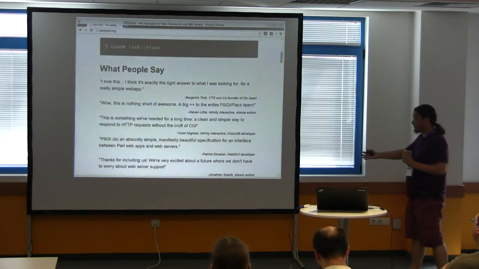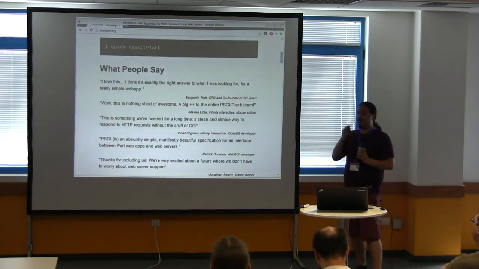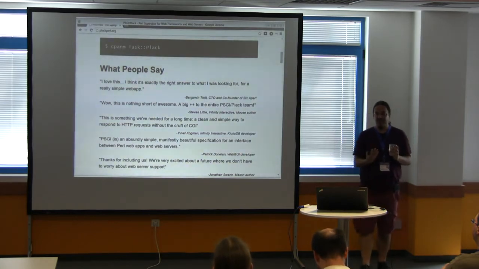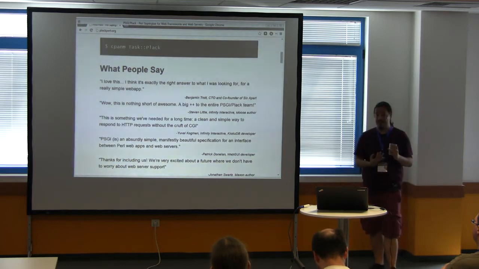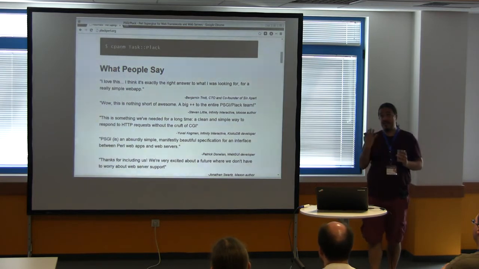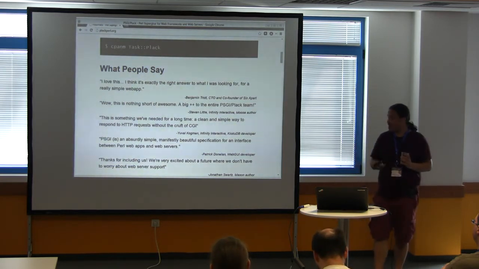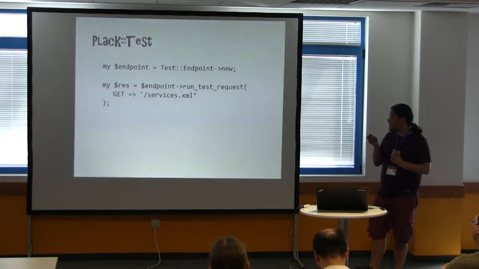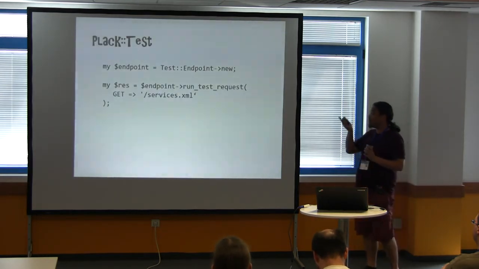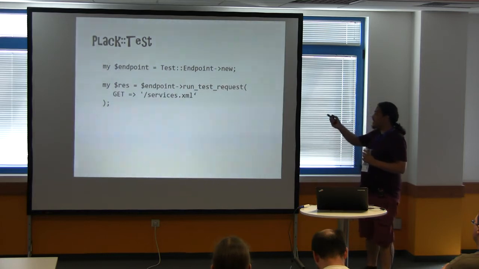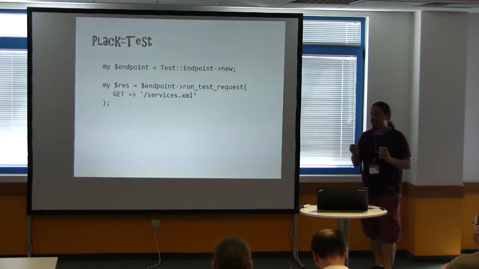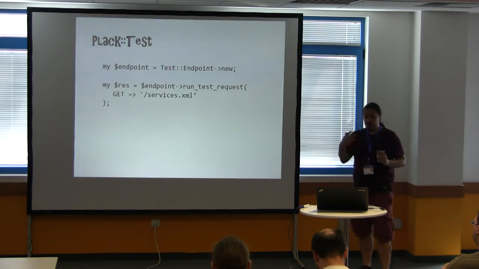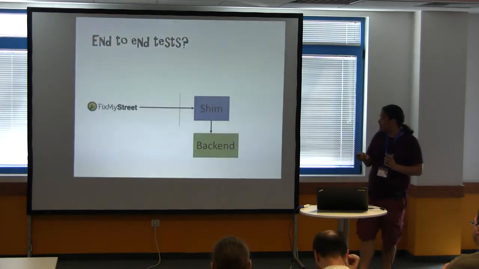So Plack is kind of the successor to CGI. It's like CGI, but without being brain dead, and it's really easy to test, and really easy to integrate into all kinds of different workflows. It comes from the Ruby and Python world with Rack and WSGI and so on, and it is entirely awesome. For example, you've got a bit of code and you want to run a test against it. It's got test stuff built in. You don't need to configure Apache. You don't need to spawn new processes. It's all really very, very nice.